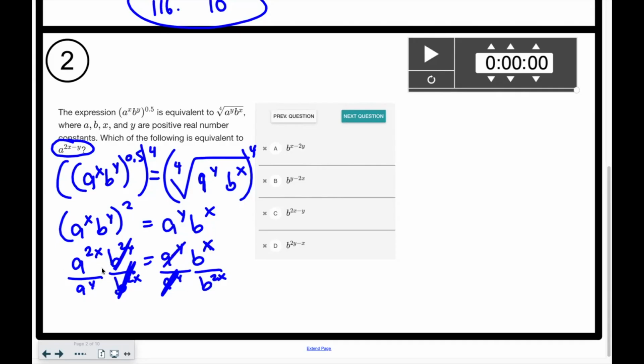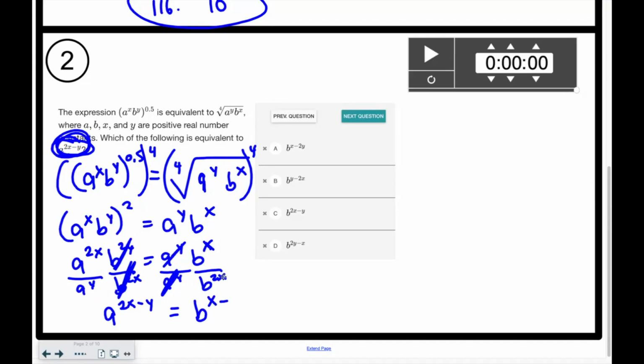And then it's just about remembering exponent laws. Whenever you divide, you subtract your exponent. So another way to write this is a to the 2x minus y, which is where this comes from. And then on the other side, I get b to the x